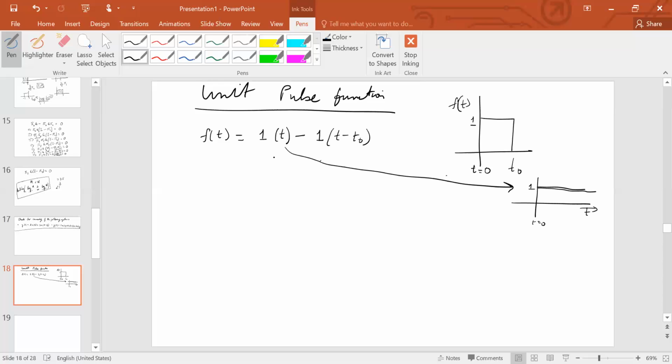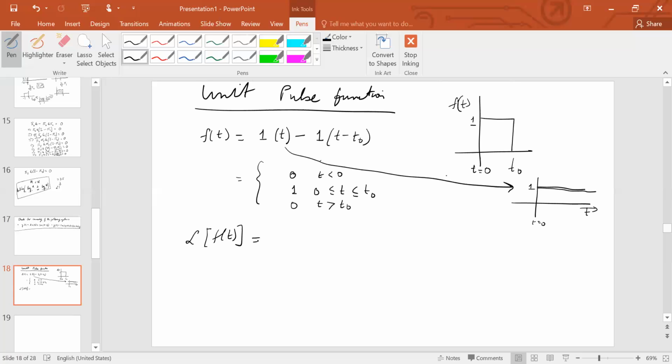So basically, this is how the function looks. If I want to explain this further, it is 0 for all t less than 0. It is unity for t between 0 and t0, and again 0 for t greater than t0. All right. So now if you want to find out the Laplace transform of this,